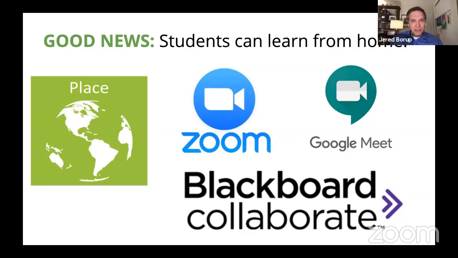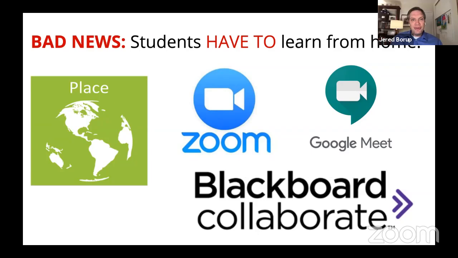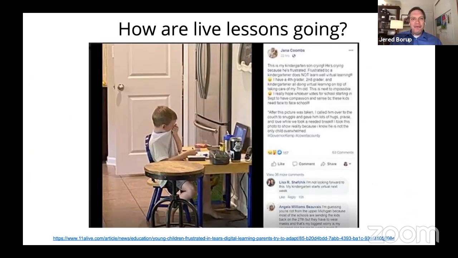The bad news was also students had to learn from home. While we would have loved to meet with them to give them more choice in the place of their learning, we couldn't. They had to learn from home. And we have to remember that each student has their own situation. So Joan shared that beautiful picture of the quilt and everyone is smiling and happy and everything. But in reality, when we look at each student's home environment, it is not that glowing and isn't always that